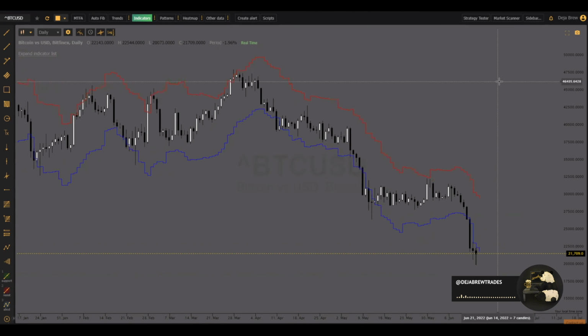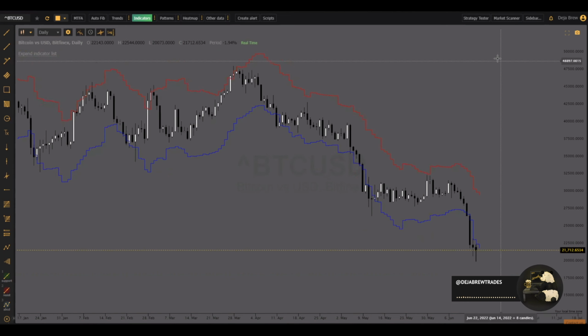So I'm going to start off here with Bitcoin on the daily. If you guys are familiar with a Bollinger Band, it's a very common indicator. It basically measures standard deviations from an average. I used to use that indicator a lot in my trading when I first started, but I realized that it was kind of laggy and it wasn't as clean on the highs and lows as I wanted it to be. So I went from there and I built the Wick Sniper, thinking about using ATR,